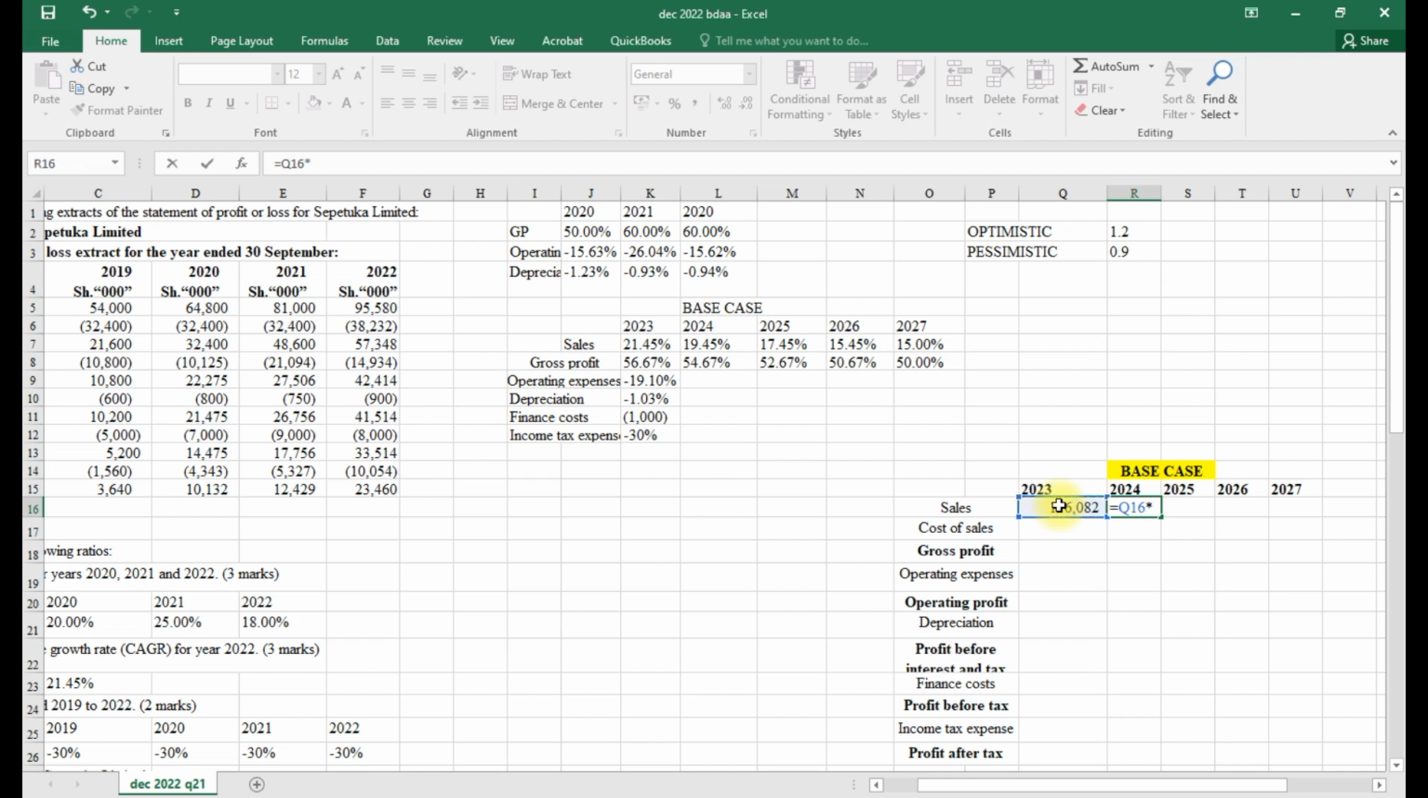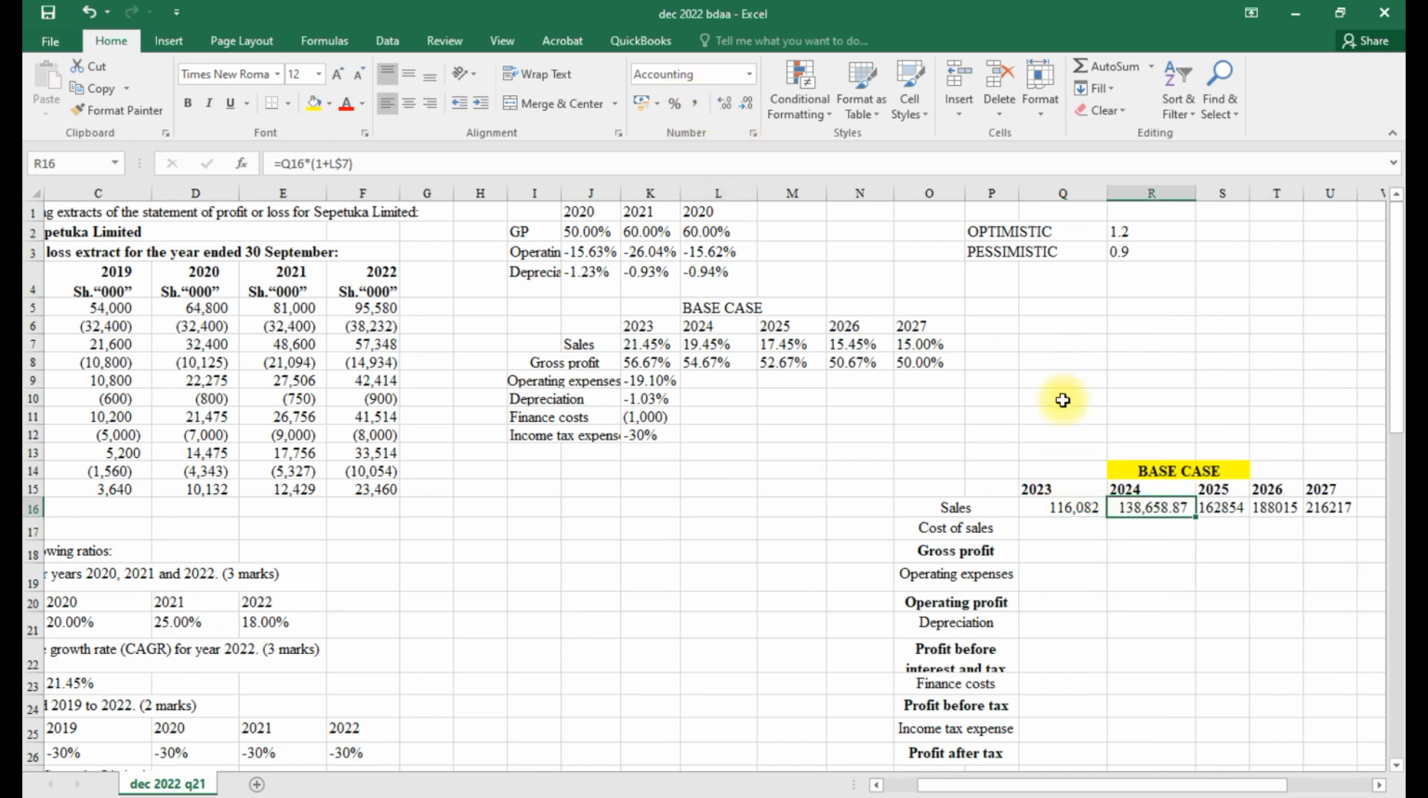I multiply by 1 plus our growth rate for the second year, and again I do the partial lock on that value, and I close that and I enter. That will be the sales for the second year, and I'll drag now. After doing the second year, I will drag to fill, and you can see now it has picked the other years. So we shall have a 1,000 separator,